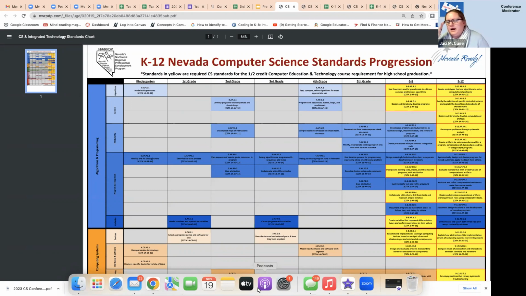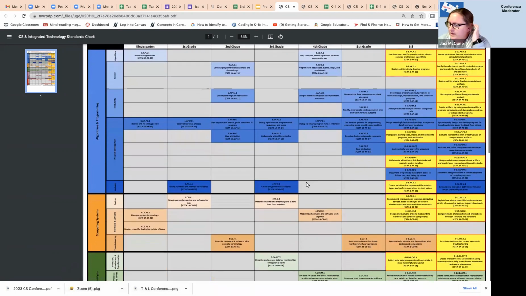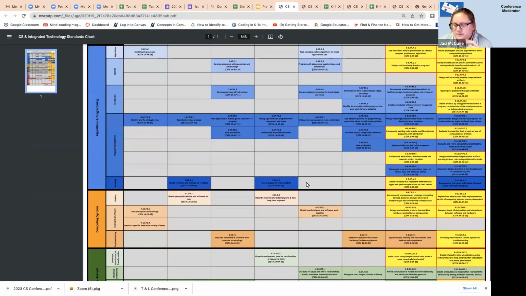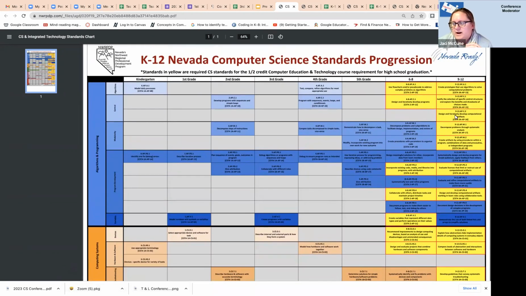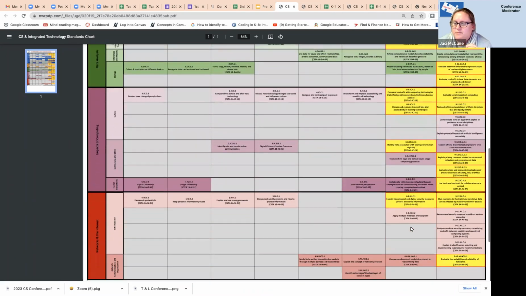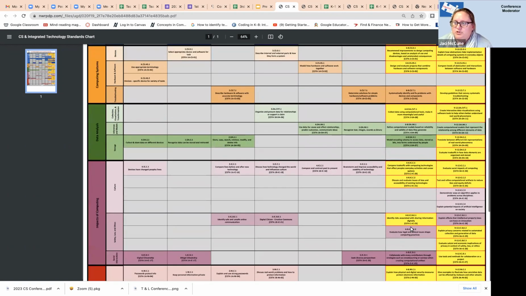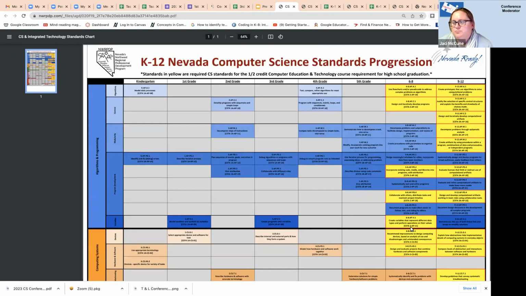Another thing I wanted to point out is you'll see, and sorry, Rob, if you mentioned this, I was helping another Zoom room really quick, but all those yellow cells, those are the standards that are required in the half-credit computer science class that all Nevada students have to pass in order to receive a high school diploma. If students do not have any exposure or experience with computer science prior to enrollment in that course, they have a very, very low success rate,